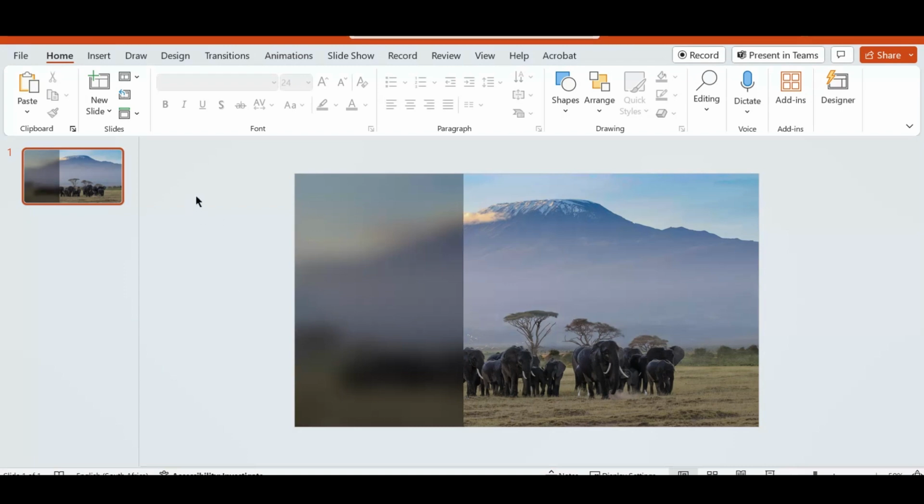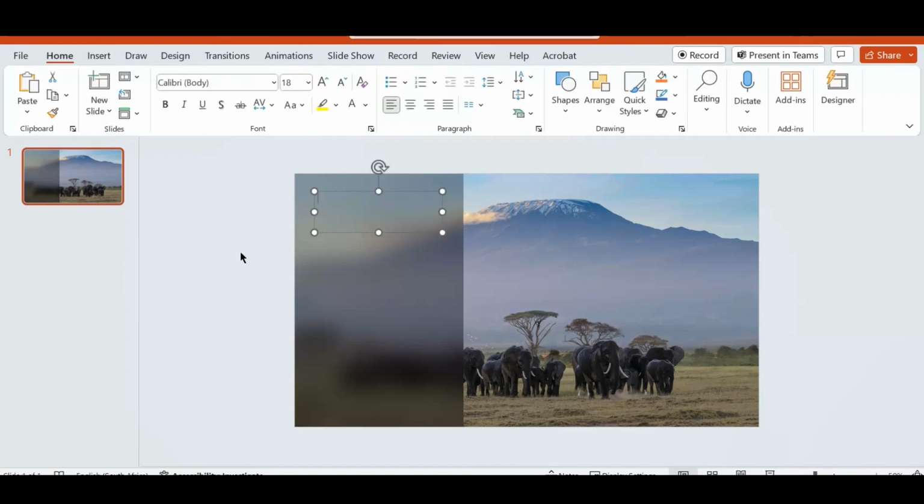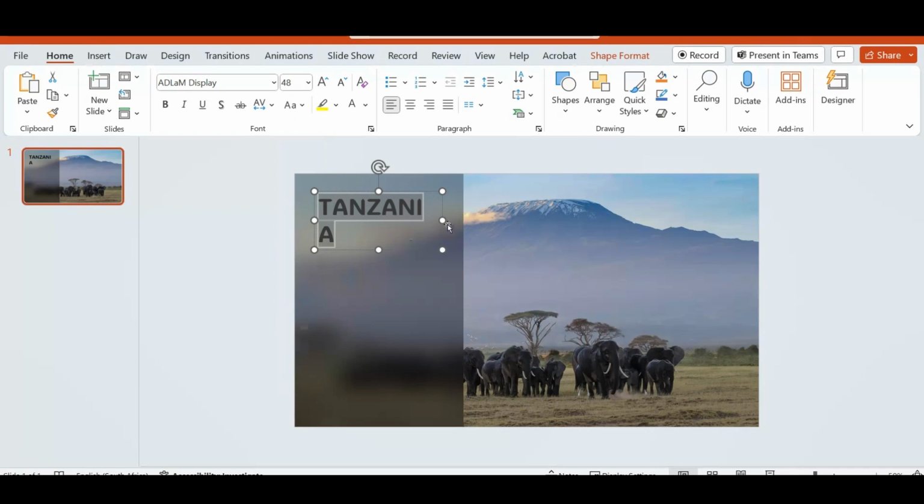Once you've done that, the hard work is sort of complete. From here you're going to the Insert tab and we are going to insert a text box. You can do this anywhere. Let's type out text that you want and we can just get our size and everything correct. You can do this. Let's do our font. So I'm going to try and change my font color here to white,